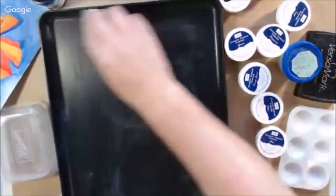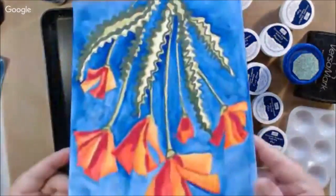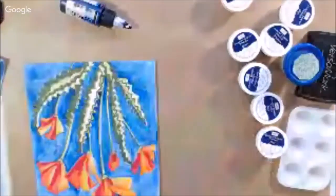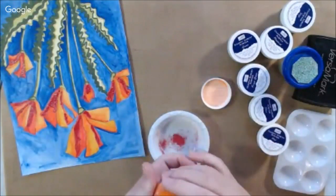And I'm starting out with red embossing powder. So I just colored in a few areas with my brush, and then I'm just taking this straight red embossing powder. I have a tray there to catch it. Those trays get staticky, and not all of it goes back into the bottle. I wish they were designed a little bit better, but I put some anti-static powder on there to try to keep it flowing, but I did still have some left in the tray, and you'll see what I do with that. So I take the rest of that little bit of red and put it in another little palette,